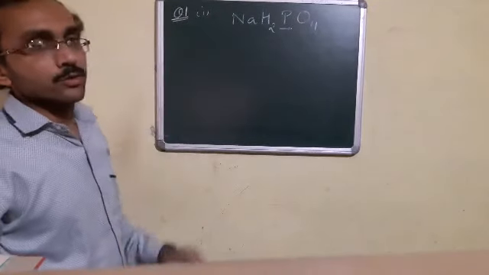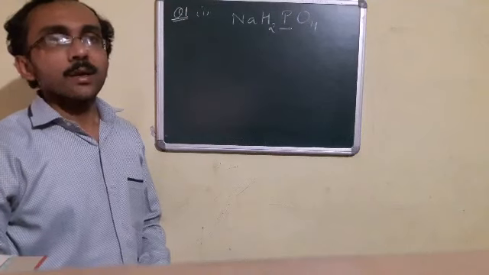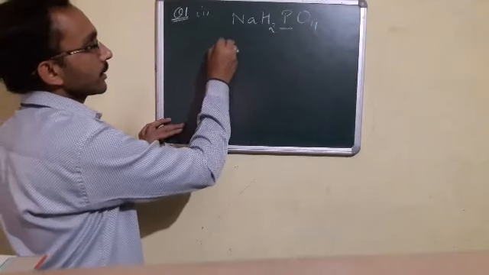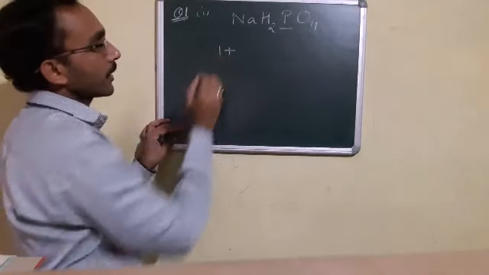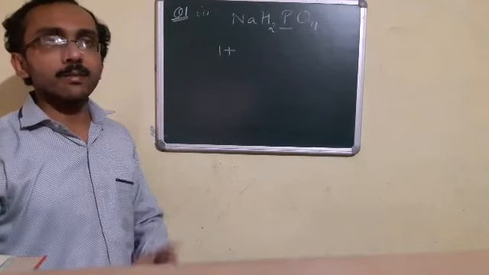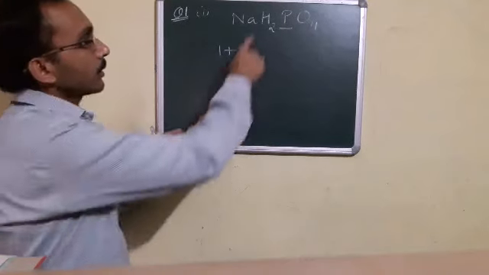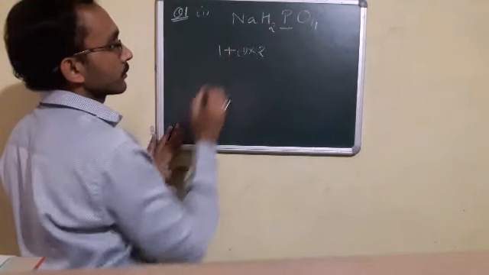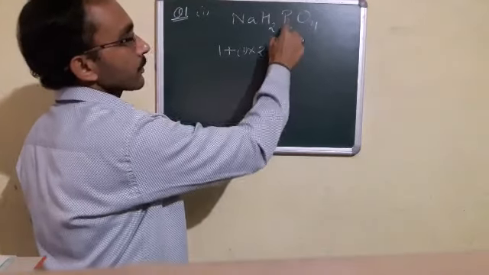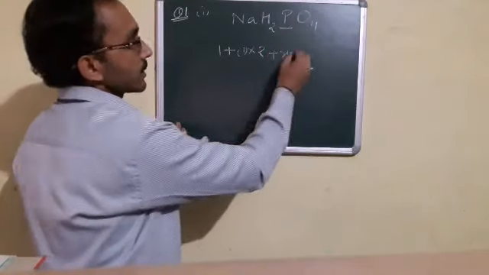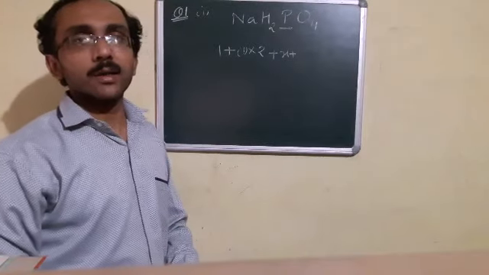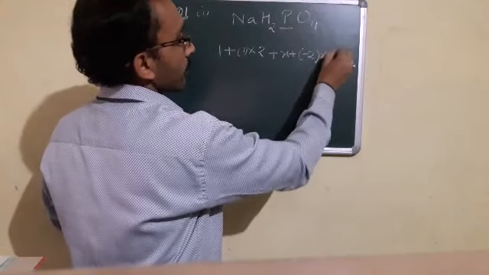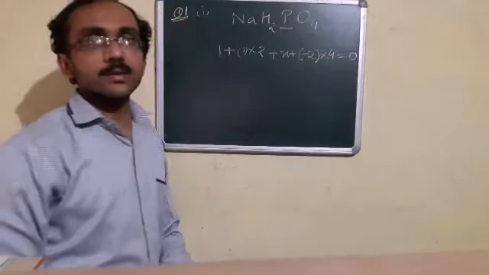Now sodium. Sodium is in the first group, that is alkali metals. The oxidation number of a first group element is always +1. That means in case of sodium we write 1. Plus hydrogen: oxidation number in all compounds will be +1 if it behaves like a metal. There are 2 atoms of hydrogen, so 1 multiplied by 2. Fine. Plus phosphorus we have to find, we write X. Plus, I have told you in all compounds oxygen has oxidation number of -2. We write -2 multiplied by 4 atoms, is equal to total oxidation number 0.